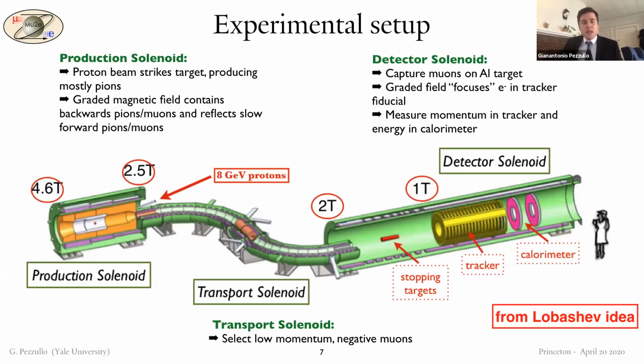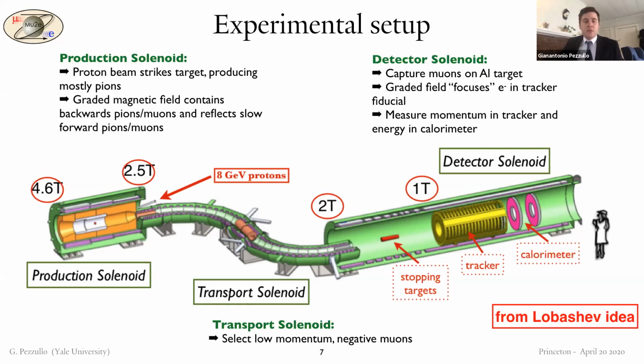Mu2e consists of 3 main superconducting solenoids. The first is the so-called production solenoid, where we fire an 8 GeV proton beam into a tungsten target, producing mostly pions. Then, thanks to a graded magnetic field, we focus all the charged pions towards the second solenoid, which has an S shape and is named the transport solenoid, where we perform a selection of charge and